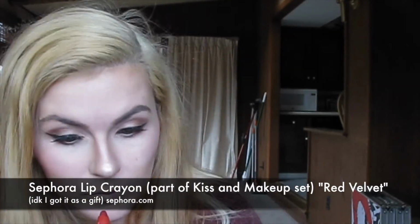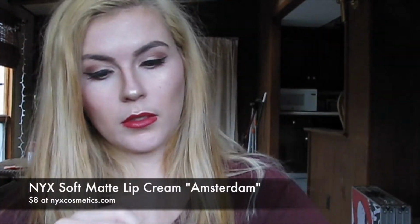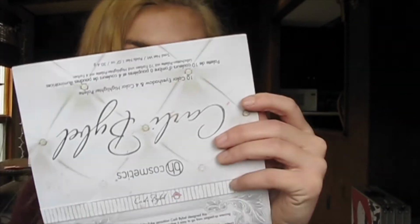Then we're going to use the Sephora lip crayon that I got as part of a gift set in Red Velvet as a kind of a lip liner before the lipstick I'm going to put on, and to keep it moisturized. And then I'm using the Soft Matte Lip Cream by NYX in Amsterdam. It's this bright red color that I fell in love with, and I really liked how it came out. And we're just touching up some areas where...